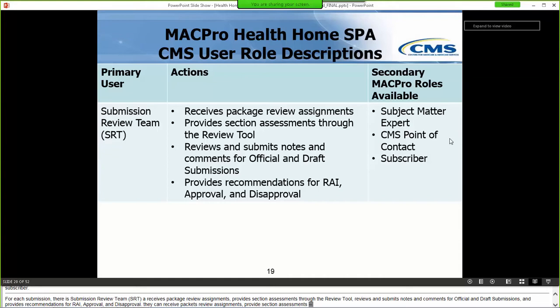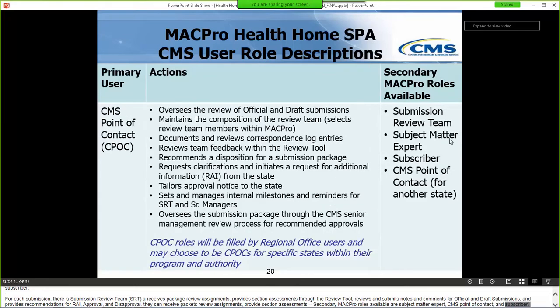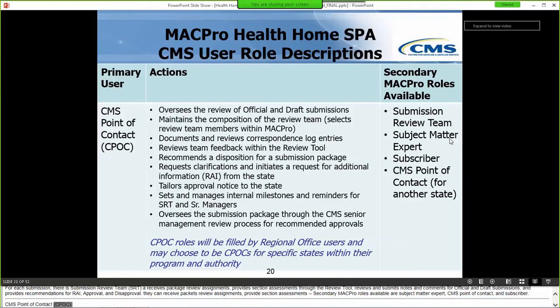Primary SRT roles can simultaneously hold the secondary roles of Subject Matter Expert, CMS Point of Contact, and/or subscriber. The CMS Point of Contact, or CPOC, is the primary liaison with the state for a particular submission and coordinates the review process. The CPOC role can oversee the review of official and draft submissions, maintains the composition of the review team, as in they select review team members within MACPro, documents and reviews correspondence log entries,